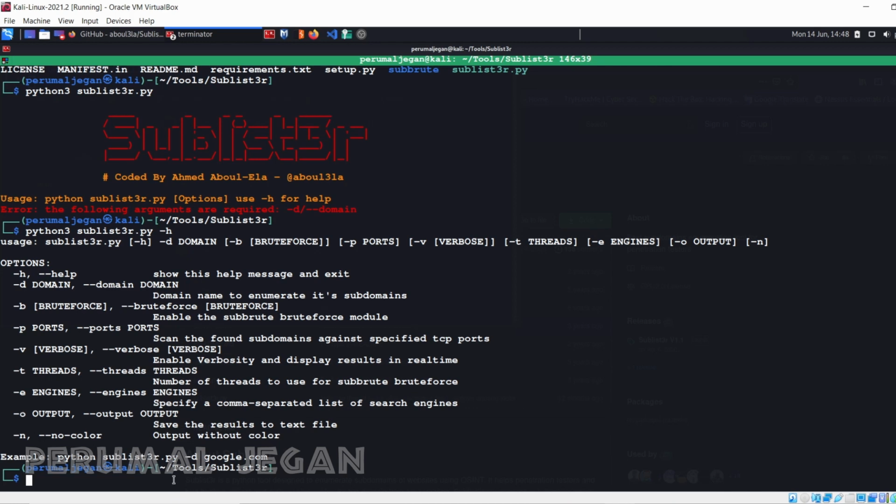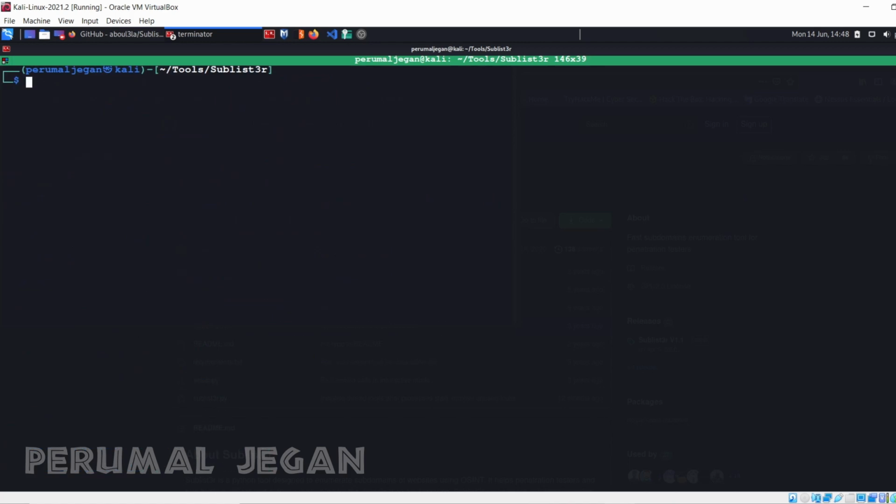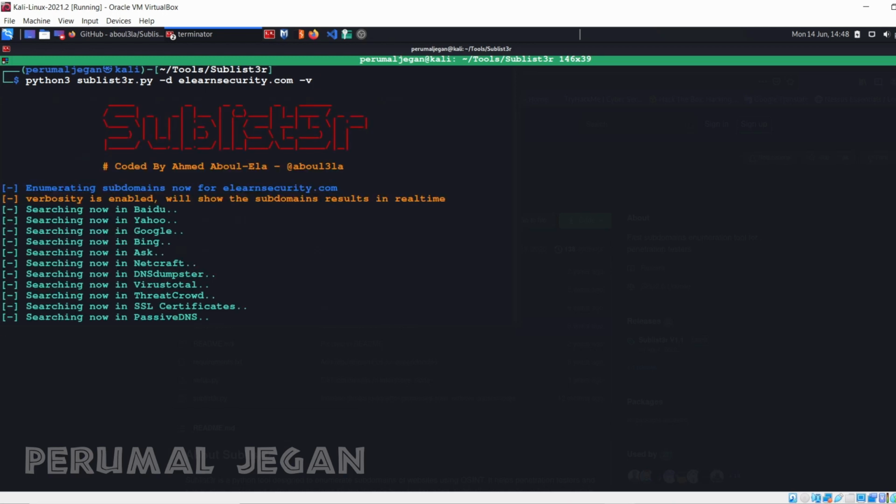Now it looks very simple. Now let me execute the script. python3 sublist3r.py -d, and I am enumerating elearnsecurity.com once again, elearnsecurity.com. Perfect. Now all I need to do is I'm giving verbosity, just enter.